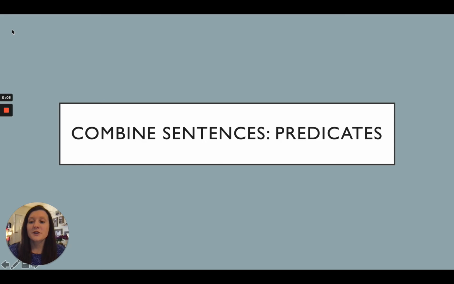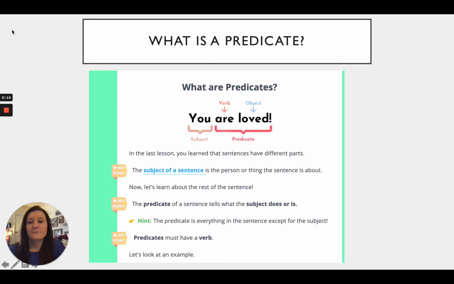Today for language arts, we are going to be talking about combining sentences, but today we are going to be looking at predicates. First off, we need to know what is a predicate in a sentence. In the last lesson, we learned about combining subjects, and now today we are going to be looking at combining predicates. So let's just review that the subject of a sentence is the person or thing that the